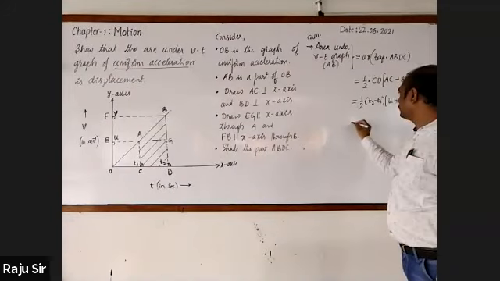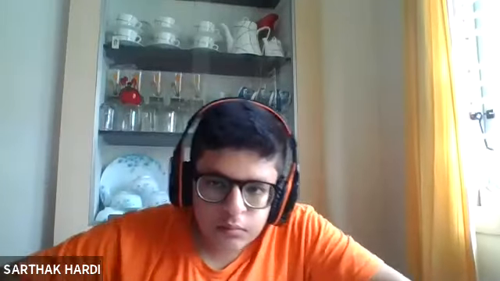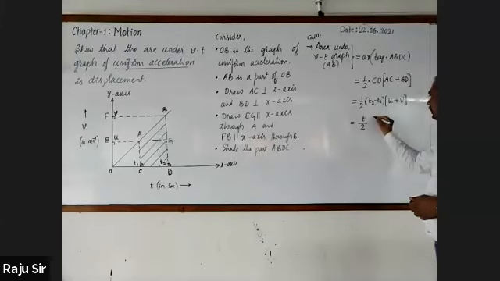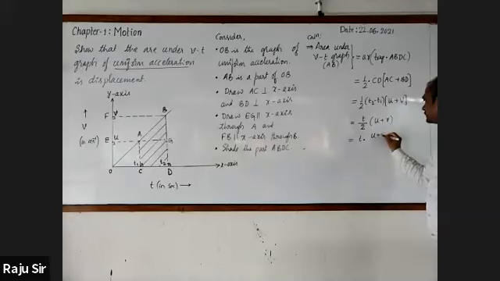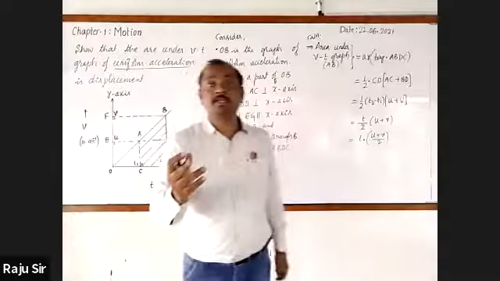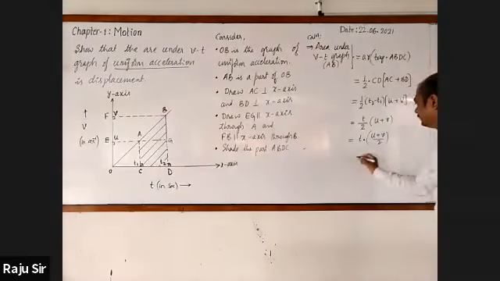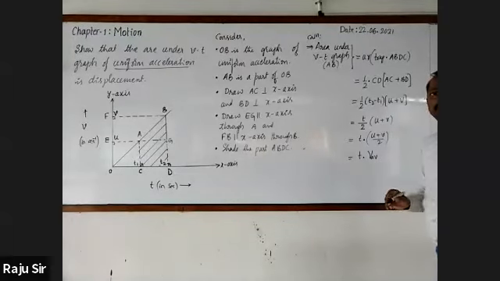U plus V. Now this is equal to, here T2 minus T1 can be written as just T, into U plus V. This can also be written as T into (U plus V) by 2, where (U plus V) by 2 is average velocity. So in place of that, VAV, average velocity. We all know that velocity into time is nothing but distance.